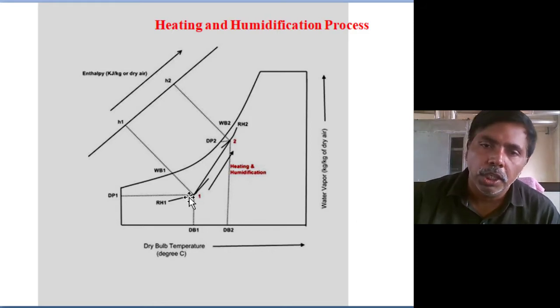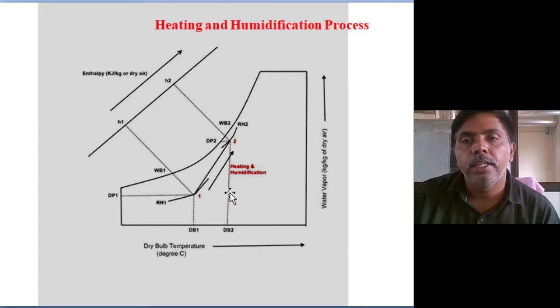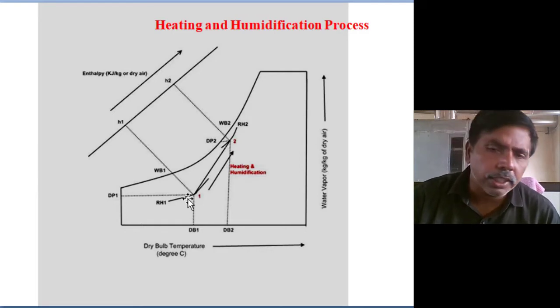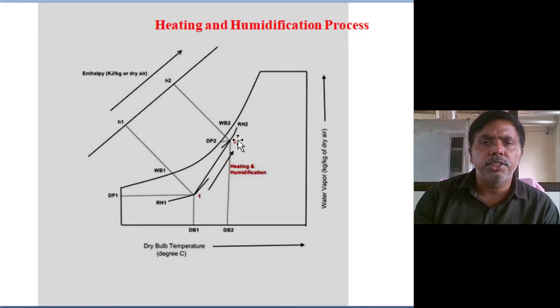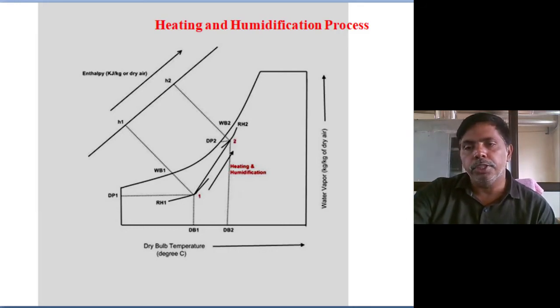What they do is, first, using waste heat from the industry or a heat pump, they heat the air, and after that they do the humidification. If the airflow velocity is low, then you can do the heating and humidification directly at a time. Simply spray the hot water on the flow of air. Here also you are automatically heating and adding moisture. You see the initial moisture content is this much, and finally we reach this much. So enthalpy will increase, dry bulb temperature is increasing, wet bulb temperature will increase, dew point temperature is also increasing.